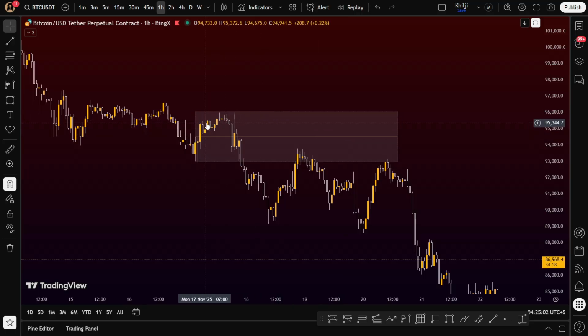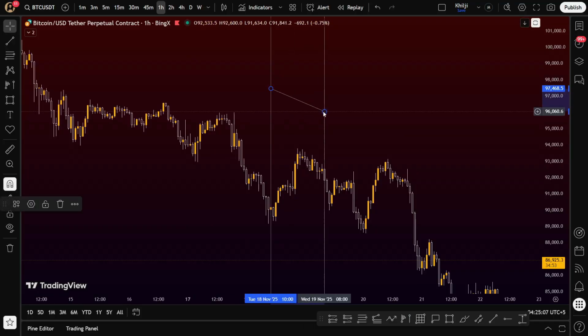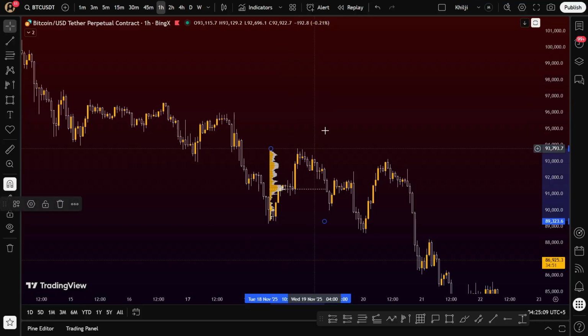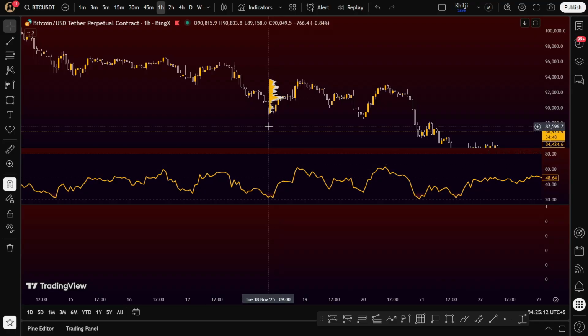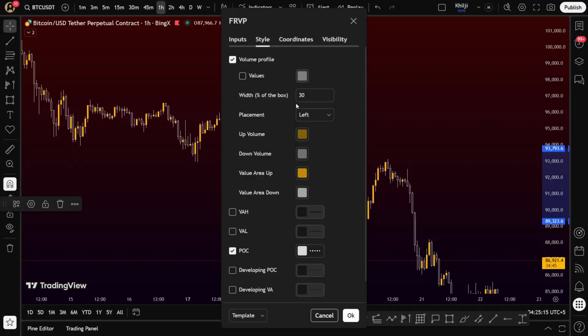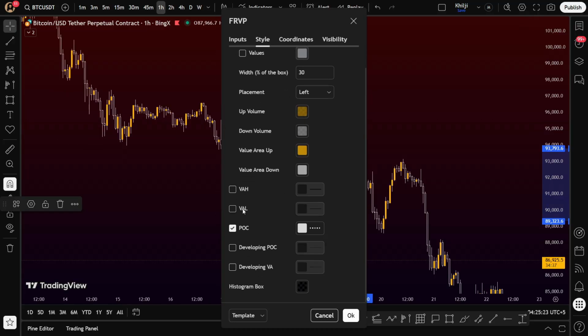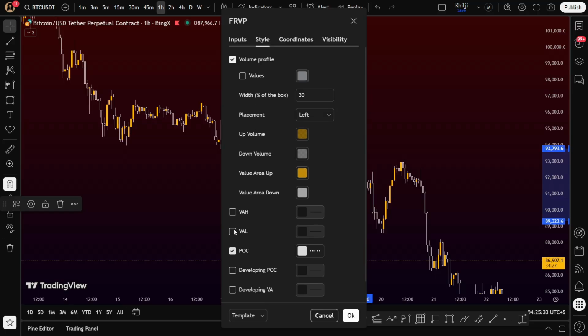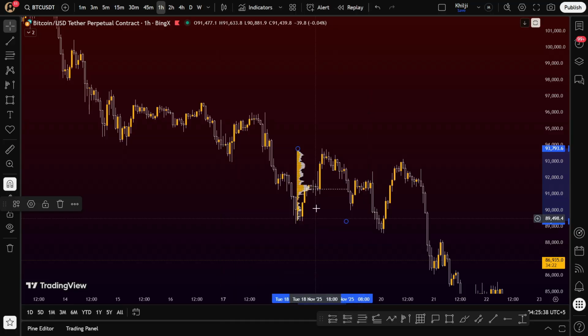Okay, same case. Well, actually, first let me show you the settings of this. So I have it a little bit colored, but what you guys need is basically the volume profile. Values don't really matter. I have VAH, VAL, developing POC, and developing VA turned off. I don't care about that. All I care about is the point of control, the POC line. And this is what you should have as well. I only need the POC line within the zones. Okay. So going back,